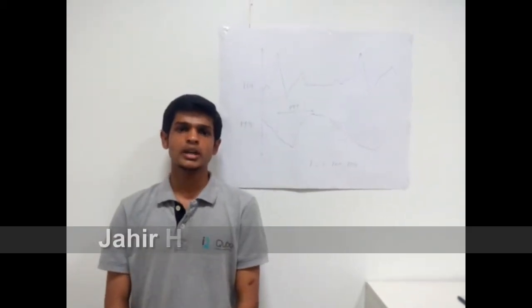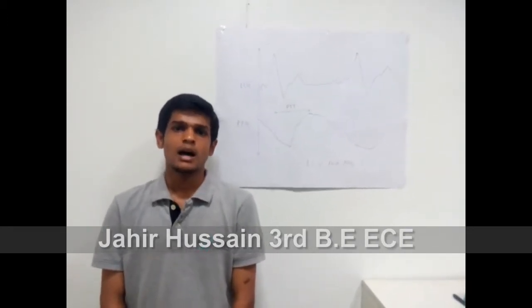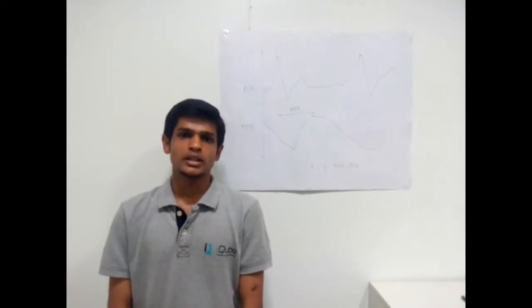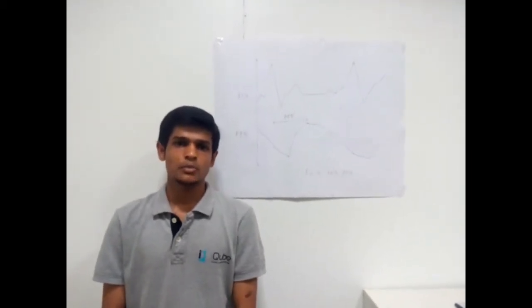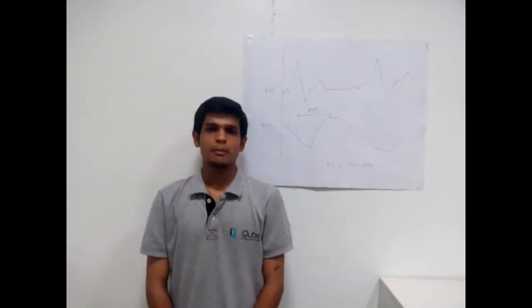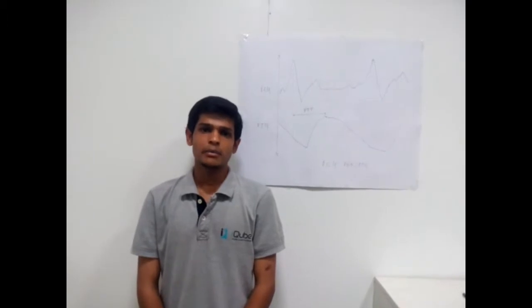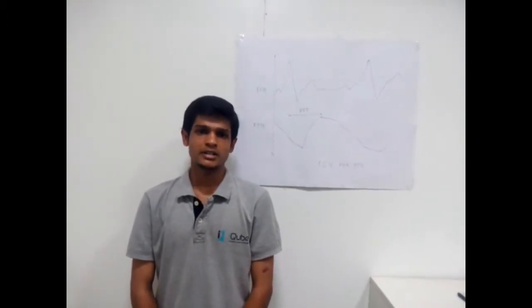Here we have not used any separate device for monitoring blood pressure. Instead of that, we have used a method called pulse transit time. Pulse transit time uses two signals, ECG and photoplethysmograph signals, to monitor and measure the blood pressure. Using the pulse transit time method will enable us to monitor the blood pressure continuously.